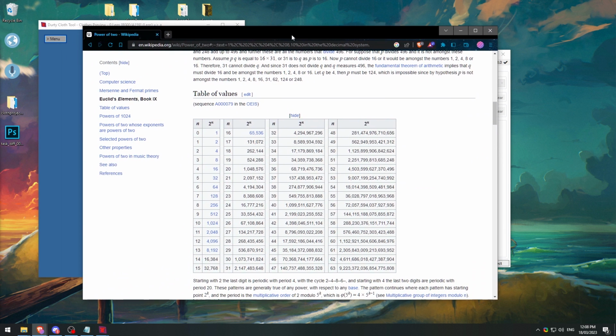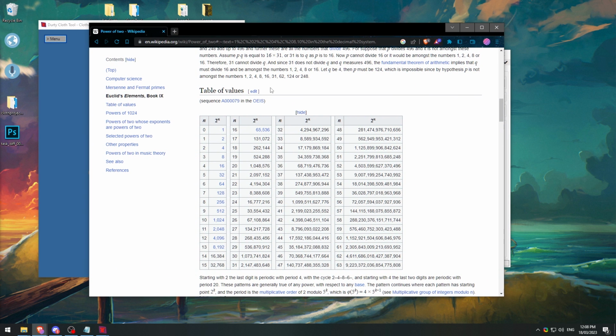So we have our tables of values. This is just the power of 2. This is literally what the power of 2 means. So you want your textures to be usually in the power of 2. I would never recommend going up to the 12th power. If you want the best quality for your